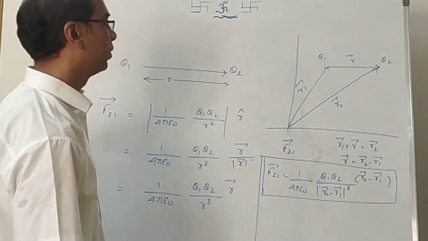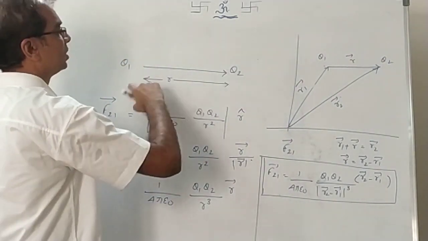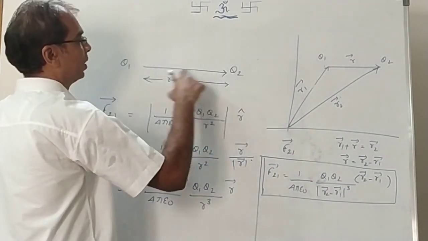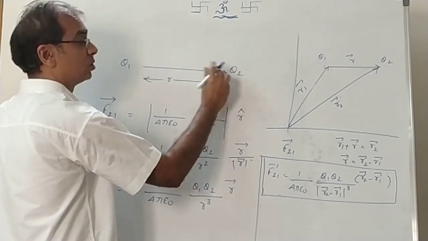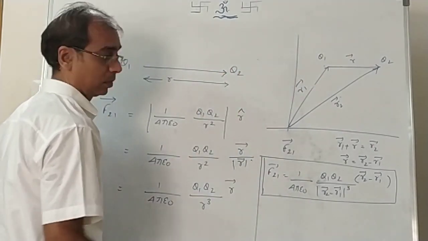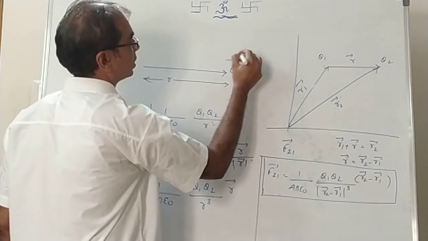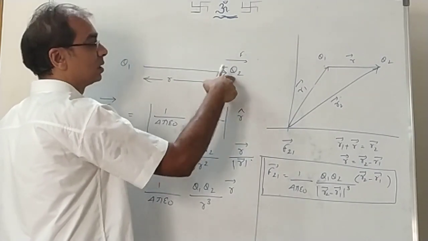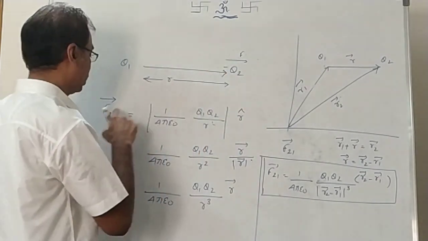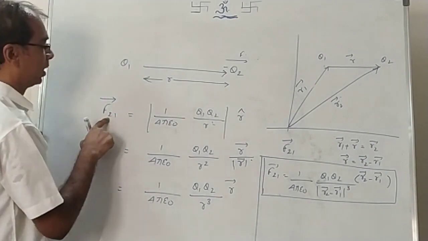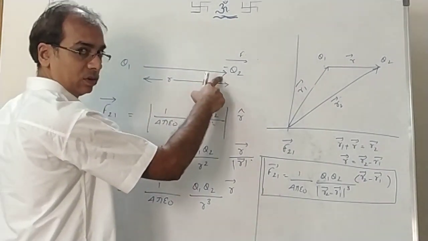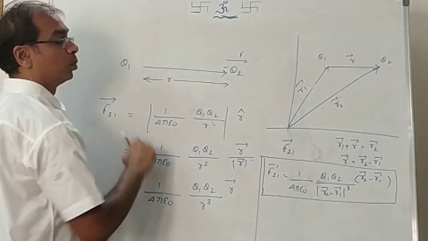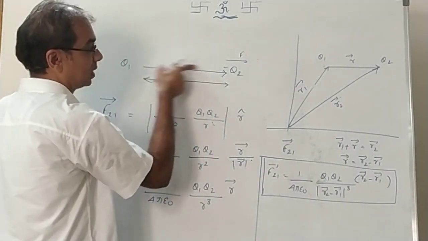Okay, and one more thing we have to remember in this, these two are positive charges right now. Okay, so force on Q2, when we are writing, we have written R vector is like this. So force also is in the same direction only, because it's a repulsive force. Force also is in this direction. But if this is minus and R you have written towards charge 2 only, as I told you in this one, wherever the force we are finding, the R's head will be in that direction only. Correct? But if it is minus charge, then we know that force direction will be opposite. Whereas we have taken this direction for R.